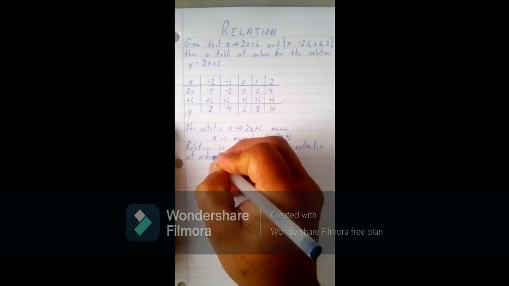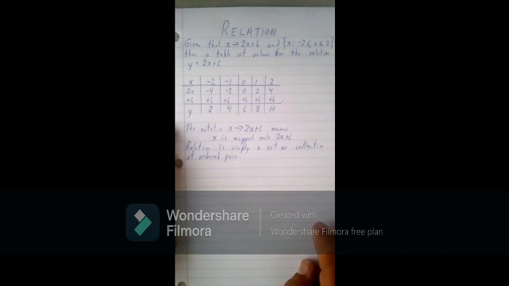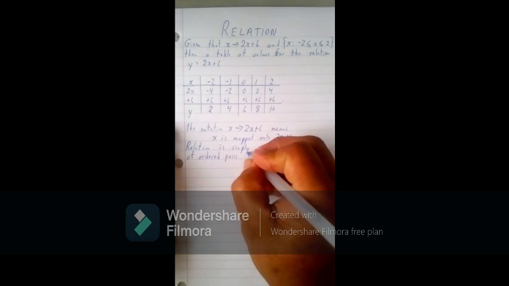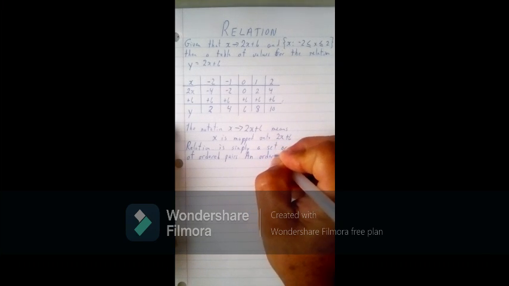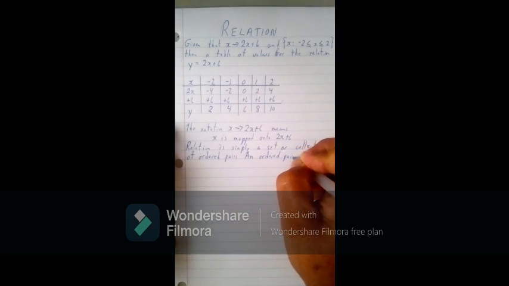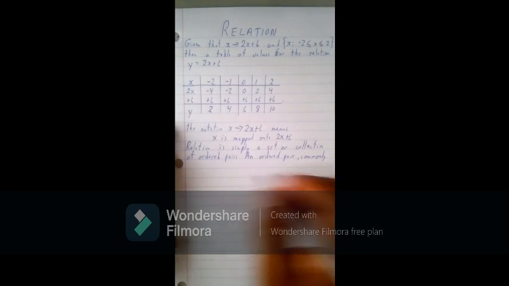Now what do we mean by ordered pairs? It simply means that you get the result based on a particular condition, or in this case a mathematical equation. An ordered pair, commonly known as a point,